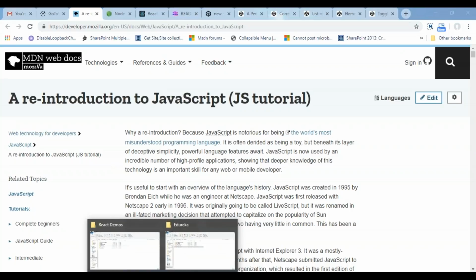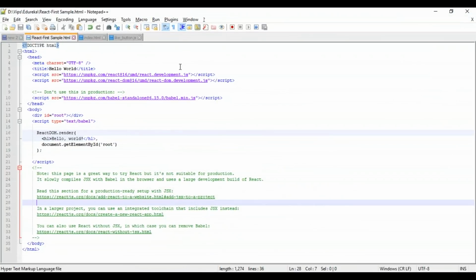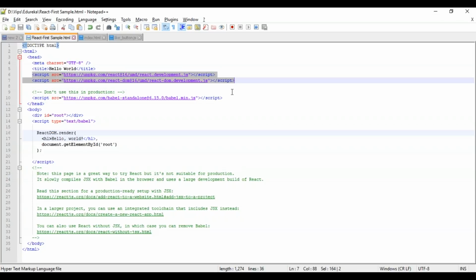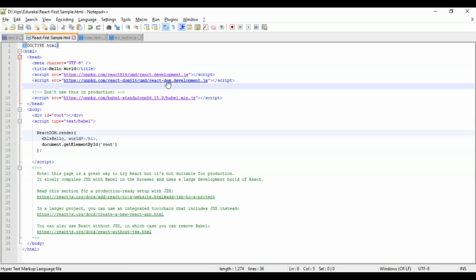What I'm going to do is that I have created a file. First of all, you have to add a DOM container to the HTML. In the plain HTML file, I have added two script tags. You can just like this add the script tags in your HTML file. One script tag is for the React.js library and another is for React DOM. So first of all, you have to add a DOM container to the HTML and add the script tags.